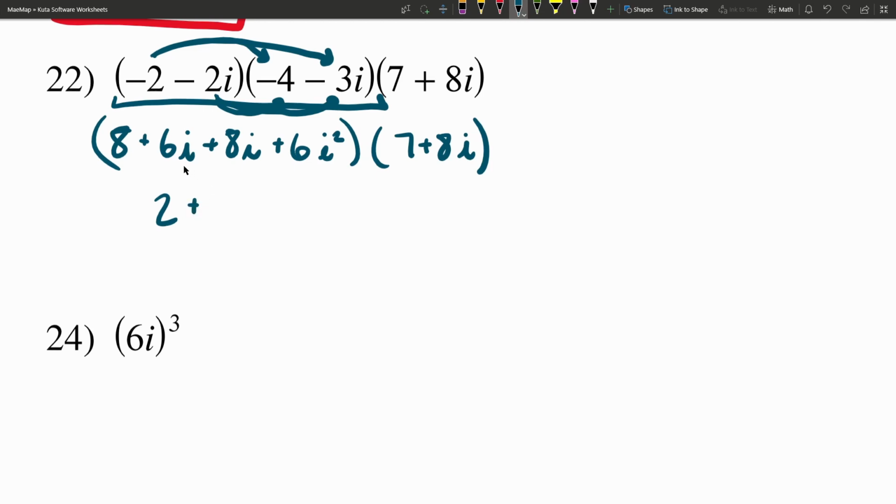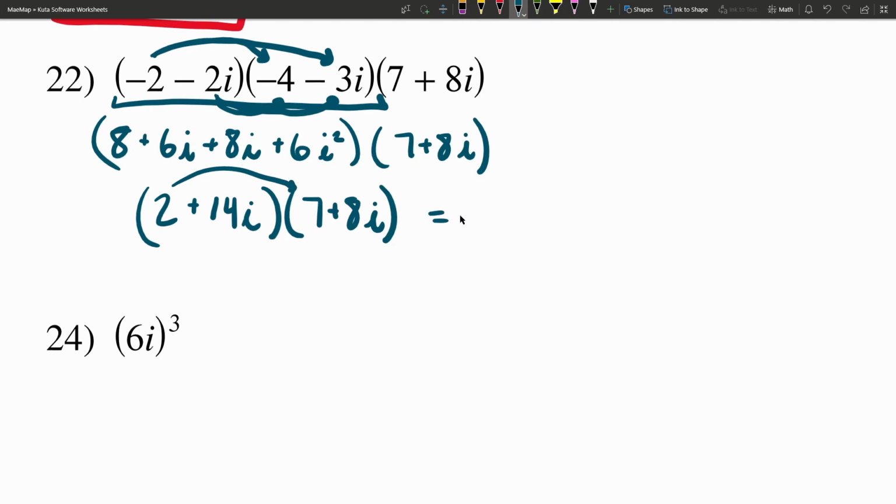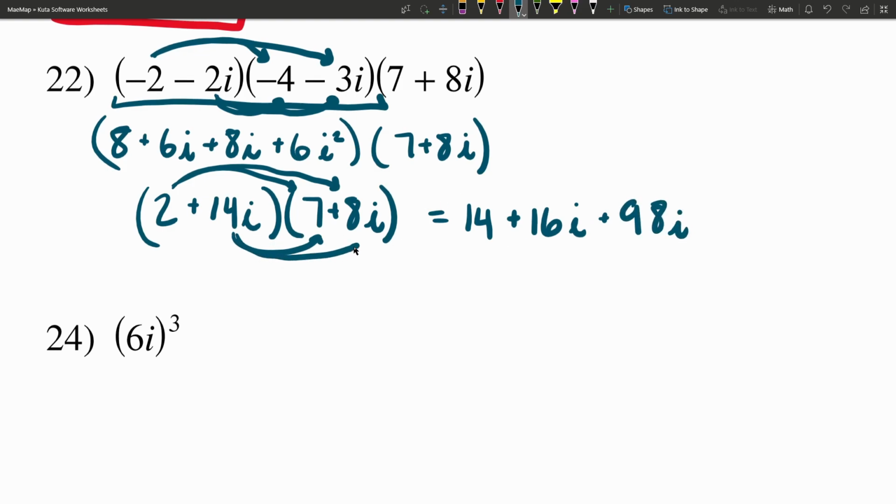And we're adding that to 6i plus 8i, which is 14i. And that gets multiplied by 7 plus 8i. So now we're just going to multiply these 2 complex numbers together. 2 times 7 is going to give us 14. We add that to 2 times 8i, which is 16i, plus 14i times 7, which is going to be 98i. And then lastly, 14i times 8i, that's going to be a positive